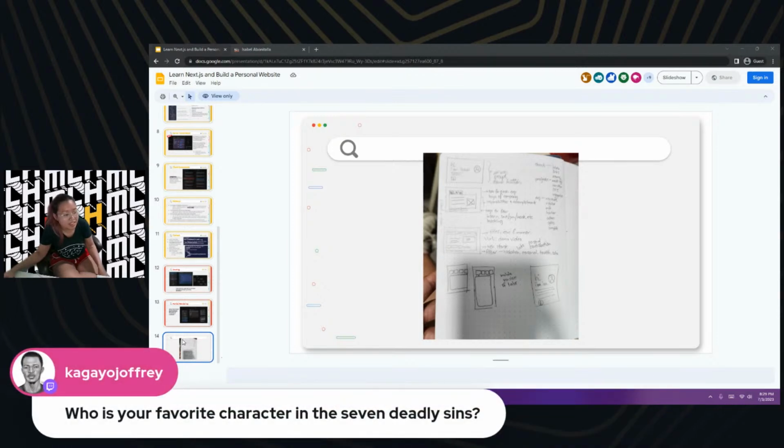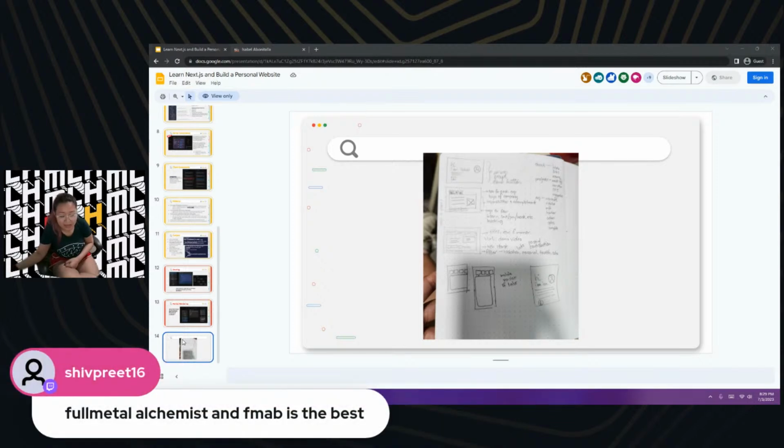Who is your favorite character in the Seven Deadly Sins? I watched the first 3 or 4 episodes. I didn't get too far, but the giant girl and Meliodas are so far okay for me. Full Metal Alchemist and Full Metal Alchemist Brotherhood are also very good. Brotherhood is my number one anime. If anyone asks me what my favorite is, it's Brotherhood. I don't watch it very often, it's not a very repeatable anime, it's not too comforting. But from an artistic and storytelling and animation point of view, top tier.